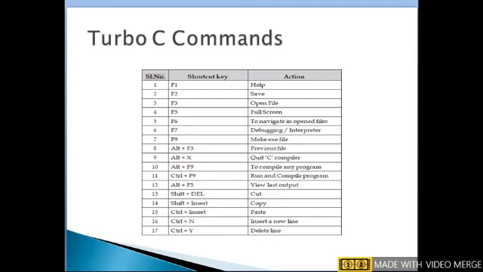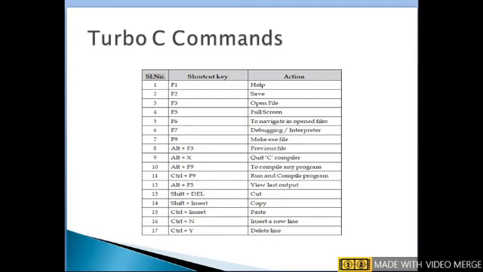Alt F9, to compile any program, we use the Alt F9 shortcut key. Control plus F9, to compile and run or execute a program, we use this shortcut key.